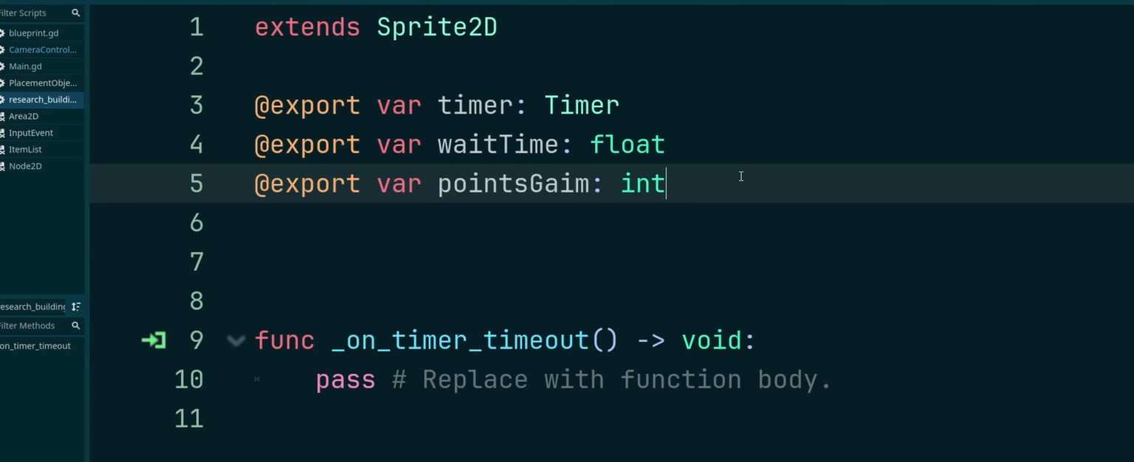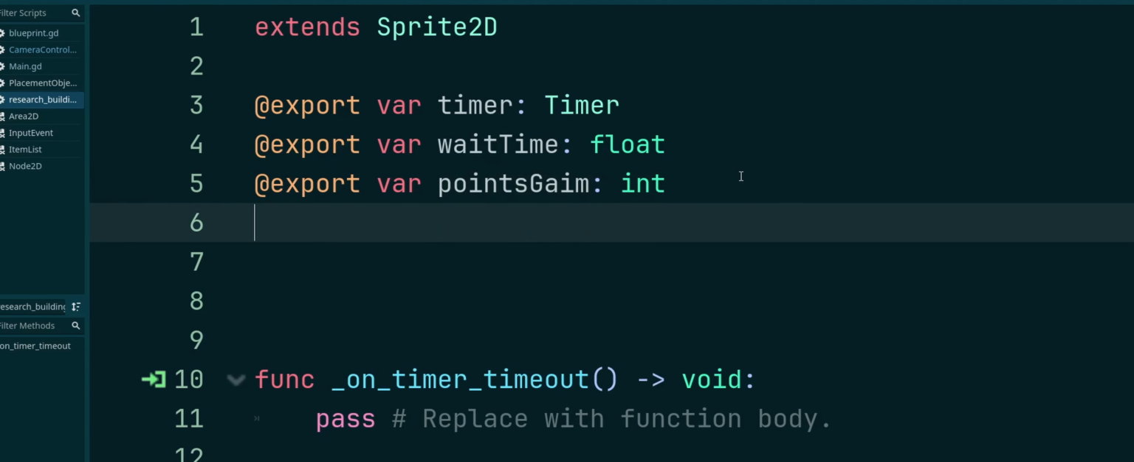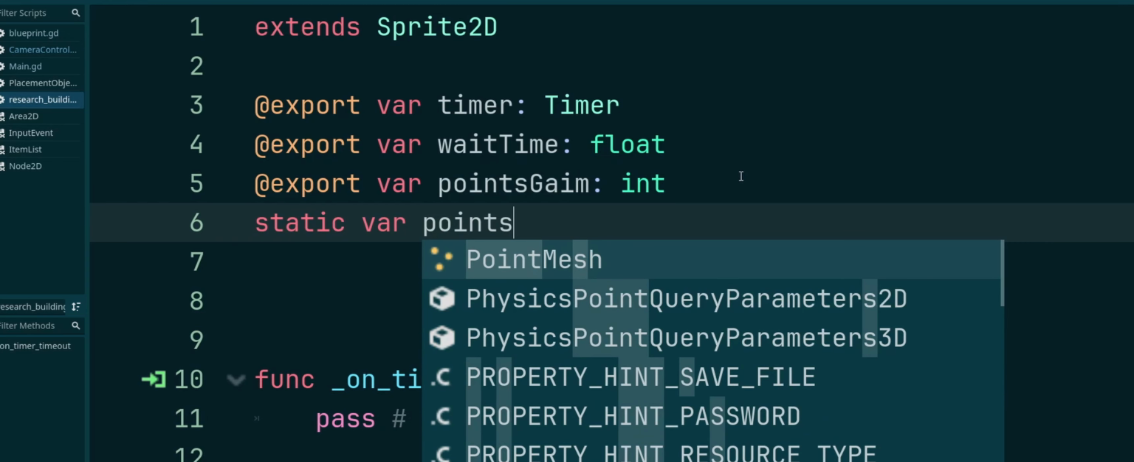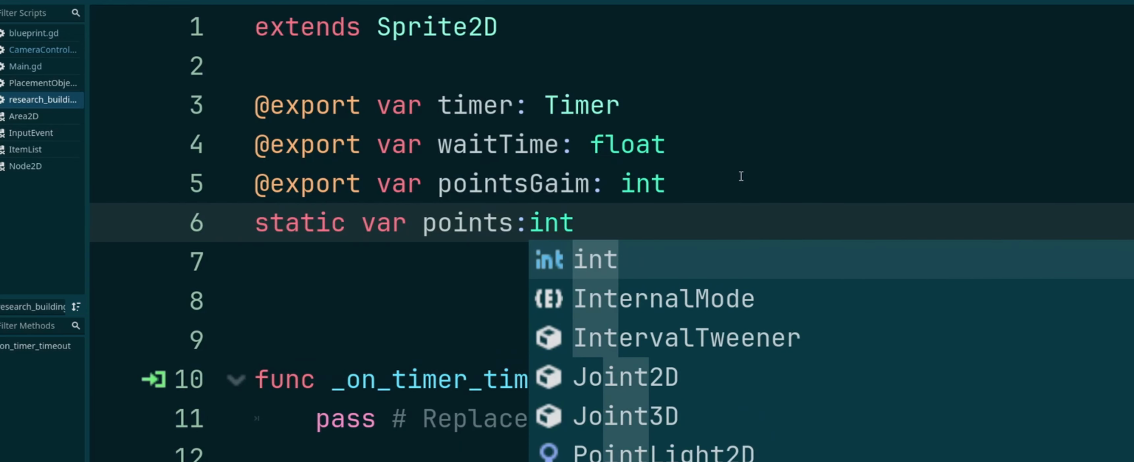Now, to avoid that, we have 2 options. We could go with a static variable, right? And then all research buildings are going to share this variable. So if one building adds to it, all buildings have added to it, then we only need to get one research building. Doesn't really matter which one, and we'll be able to get the points. However,